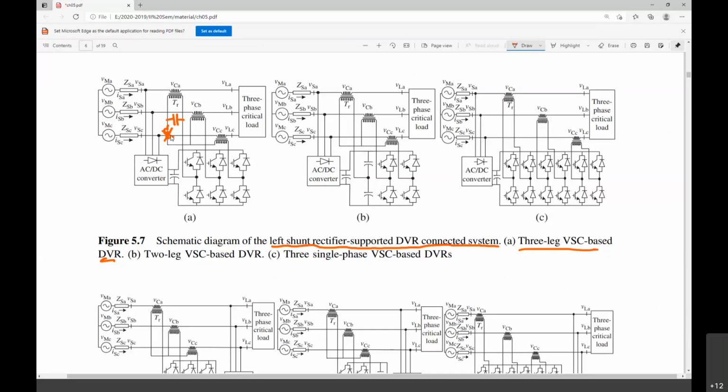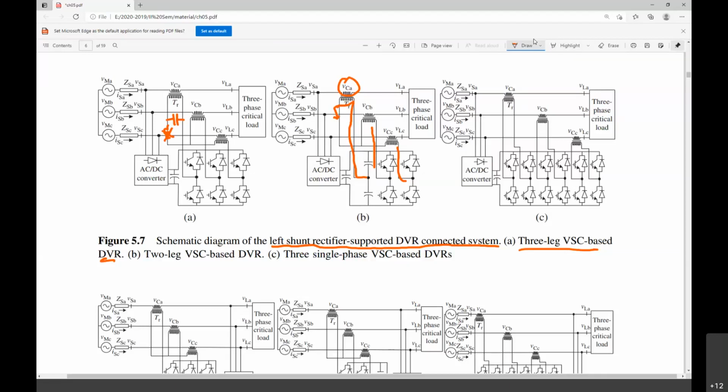Yeah, this particular topology, when you look into this, it is a 2-leg VSC. There is no one more leg. See, in this particular case, the B phase is going to have this connection, B phase, and then the C phase. The A phase connection is here. The A phase is clamped between the 2 capacitors. Okay. I mean, this is a very interesting topology, really, because the number of switches has been reduced.